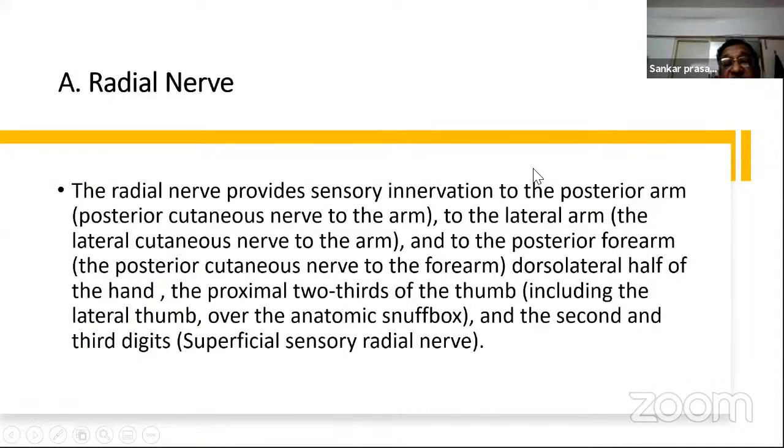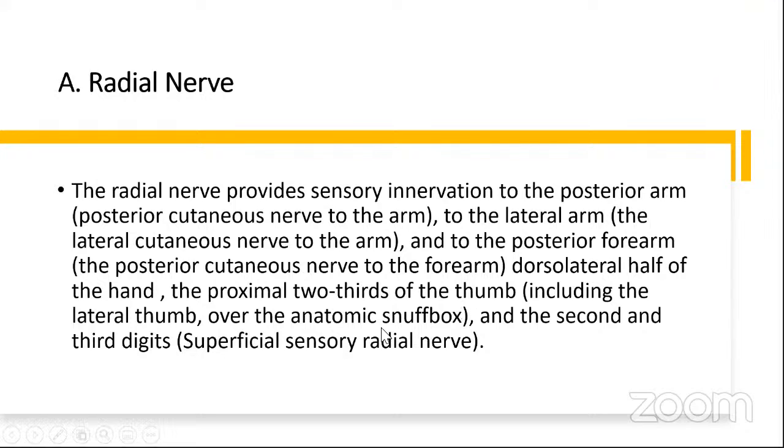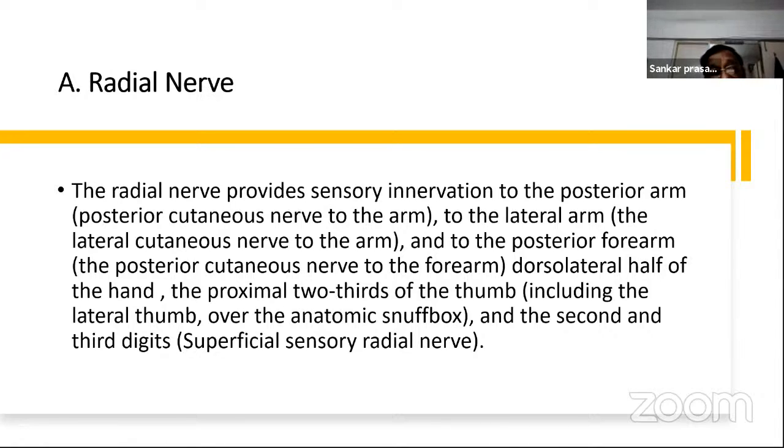The radial nerve provides sensory innervation to the posterior arm, the lateral arm, and the posterior forearm also, and the dorsolateral half of the hand, the proximal two-thirds of the thumb, which I have shown in the diagram, including the lateral thumb or the anatomic snuffbox. And actually, that anatomic snuffbox testing is the indicator of the radial nerve sensation, the second and third digit